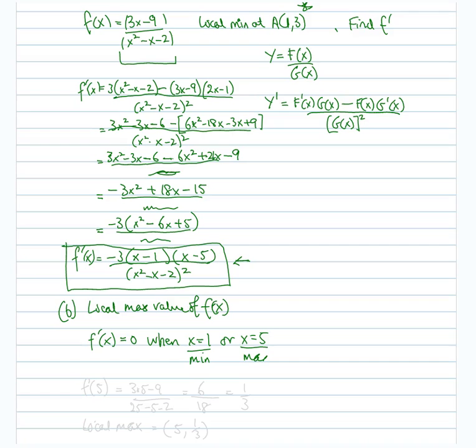And when we plug x equals 5 into the function, so we get f of 5, remember we're plugging into the original function, (3 times 5 − 9) over (25 − 5 − 2), equals, what's 3 times 5? 15 − 9 is 6. 25 − 5 − 2 is 18, so equals 1/3. Okay, so the local maximum, the coordinates are